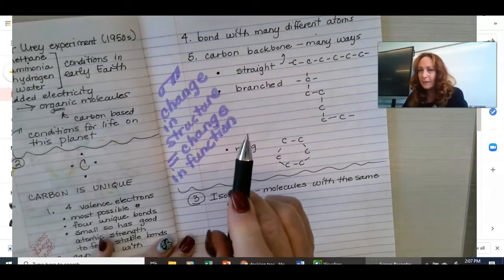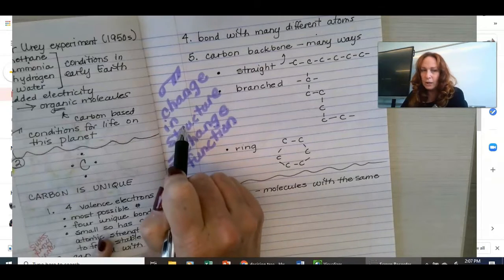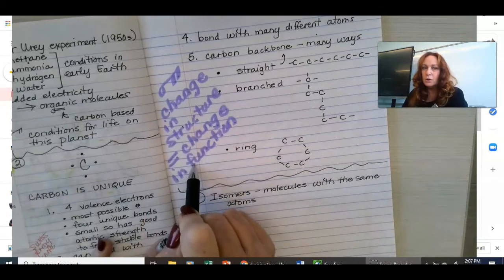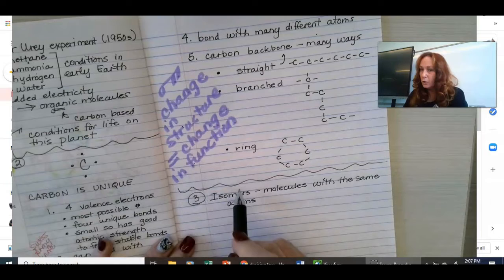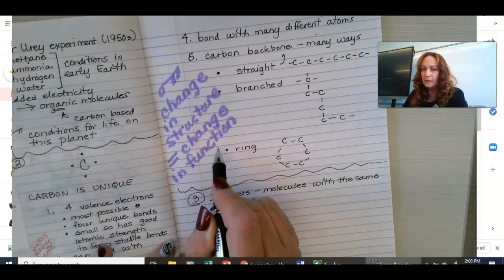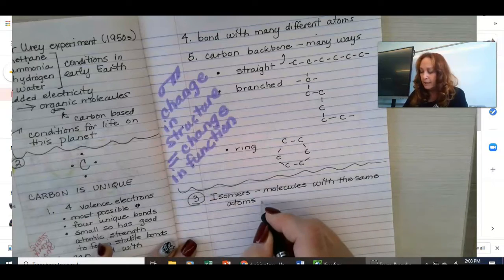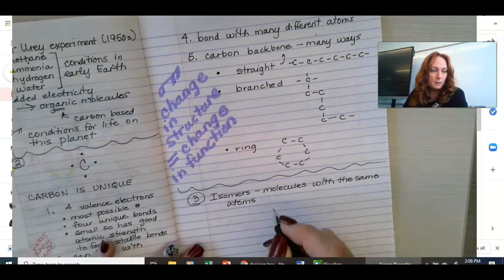What did I say about change in the structure? Change in the function. So yeah, your parts are the same, but you put them together differently, so they're going to do something different. So molecules with the same atoms, but